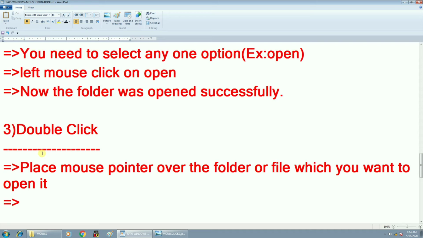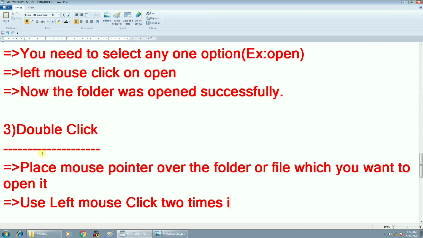Then use the left mouse click 2 times, but immediately. Place the mouse pointer over the folder or file which you want to open, and select it with the left mouse click.